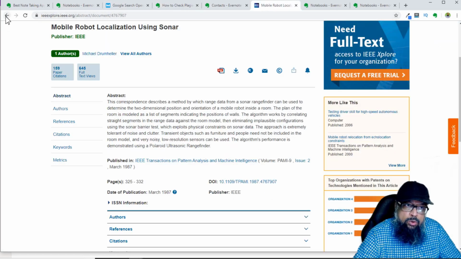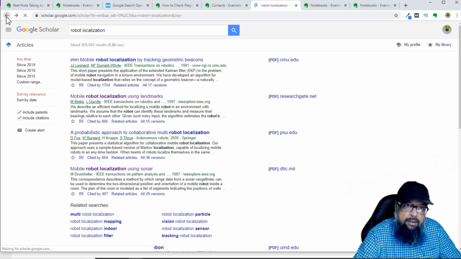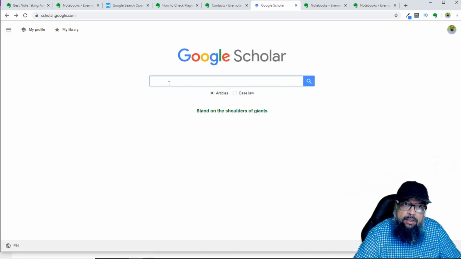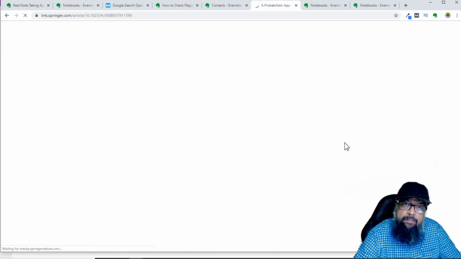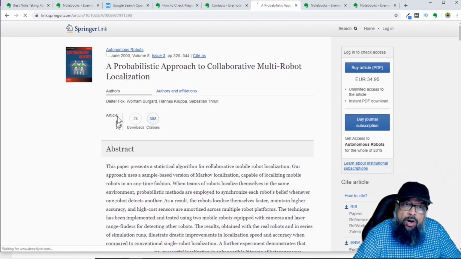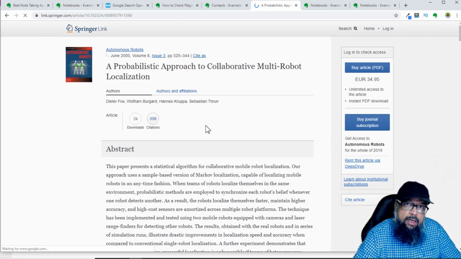I just want to go back to Google Scholar and show you how I can save some paper. So let's say you are doing research and you are looking for some papers, and you put this keyword. This is my keyword in my field, your field will have different keywords. So I just click on that and I search for some papers on Google Scholar, and then I find one paper very interesting. I just click on that paper, and now I want to save this for later reading.